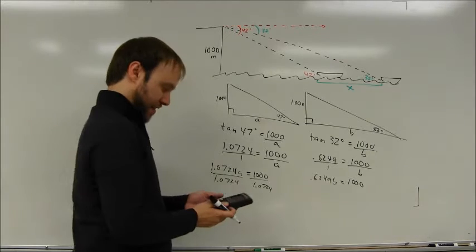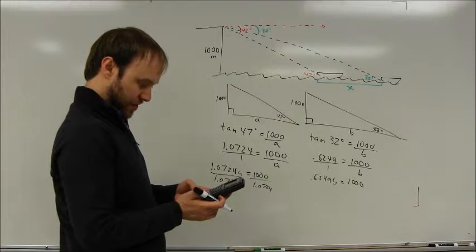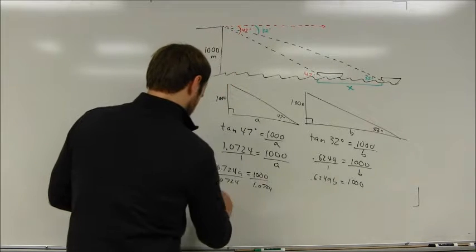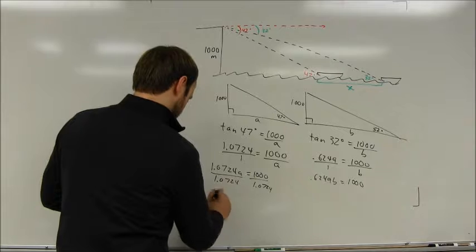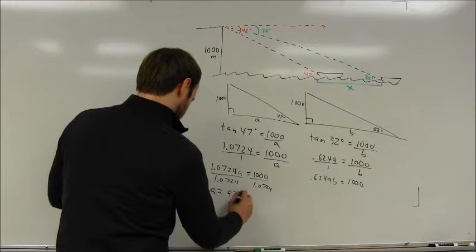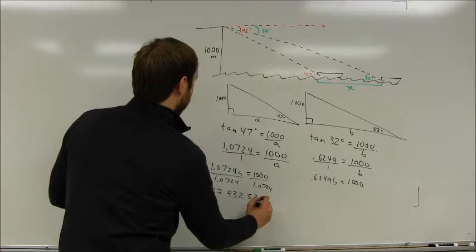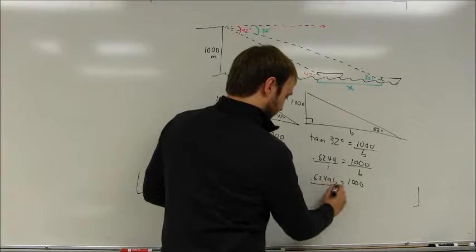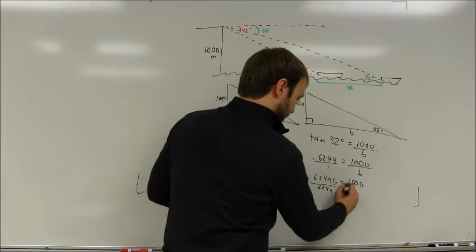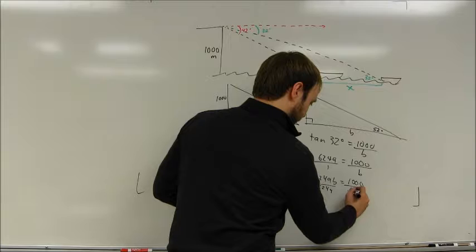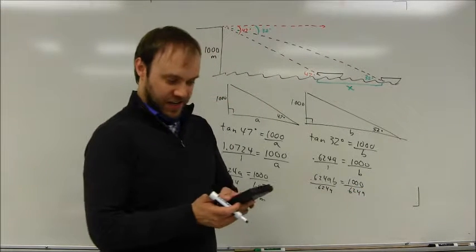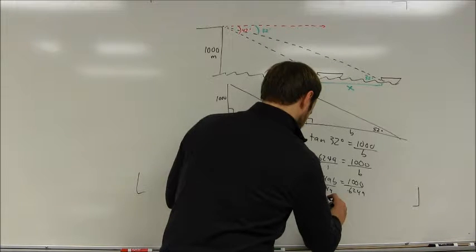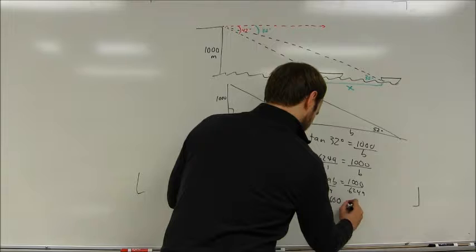Okay, so really 1,000 divided by the tangent of 47. And that's going to be approximately 932.52 meters. And meanwhile over here, that's the tangent of 32. So I'm going to be dividing both sides by the tangent of 32. So 1,000 divided by the tangent of 32 tells me that B is approximately 1,600.33